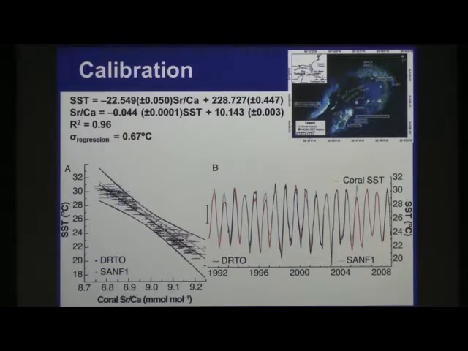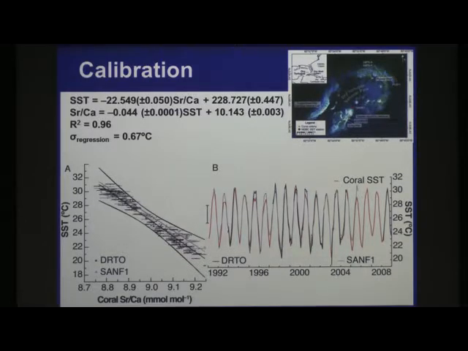Okay? So with both of these temperature records, I'm going to perform a calibration of our coral strontium calcium to sea surface temperature. Shown here, the black dots are the strontium calcium with the SST, with their error bars. Since I have 4 records that I'm averaging together, I can calculate error for every strontium calcium observation. Since I have hourly SST, I can also calculate error for each of those monthly averages. So all of that information goes into my weighted regression.